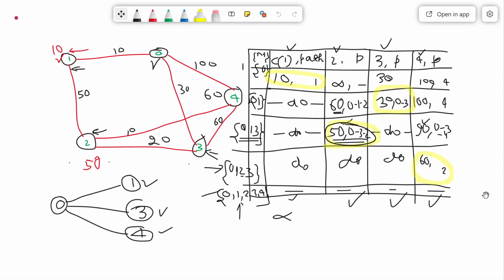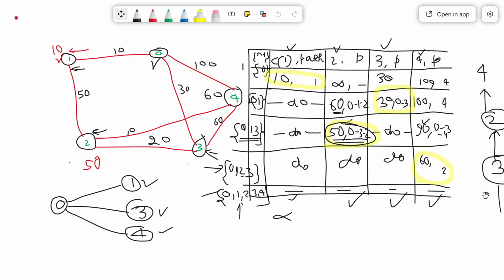So like that I will find the previous node. Who is the previous of 4? Previous of 4 may be 2. Who is the previous of 2? Previous of 2 may be 3. And who is the previous of 3? Maybe 0.